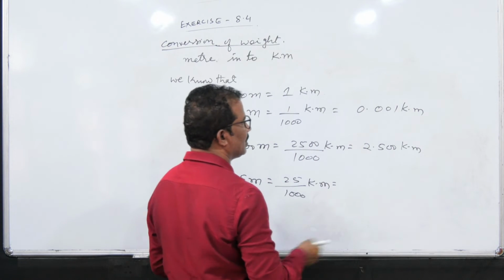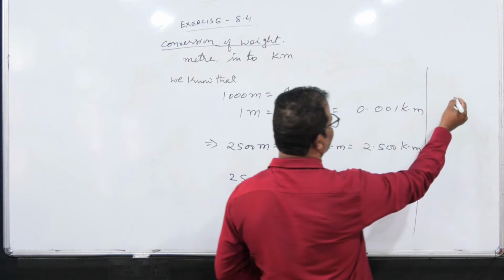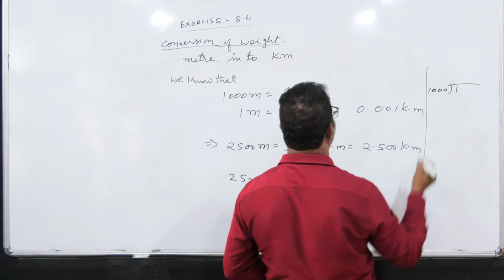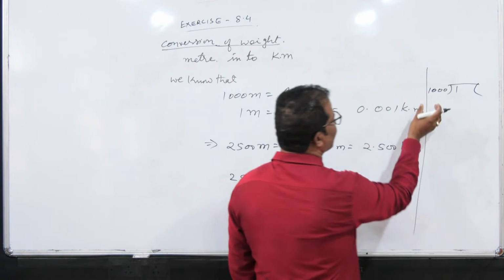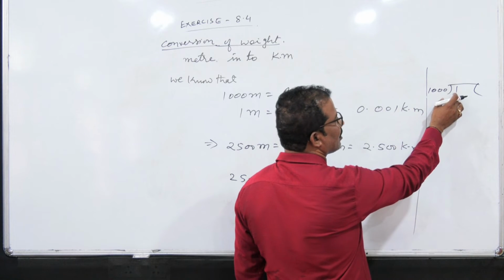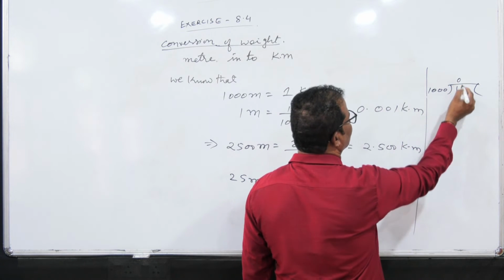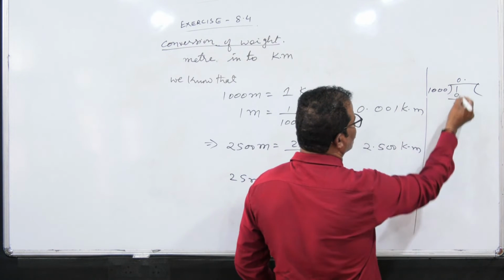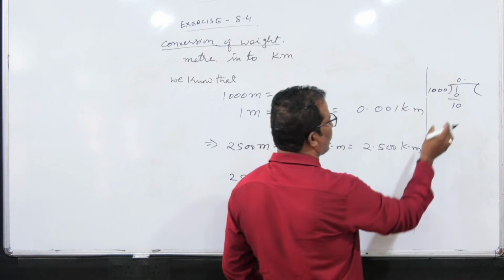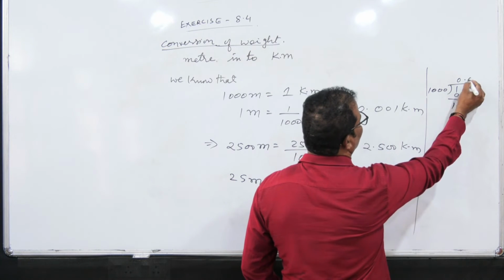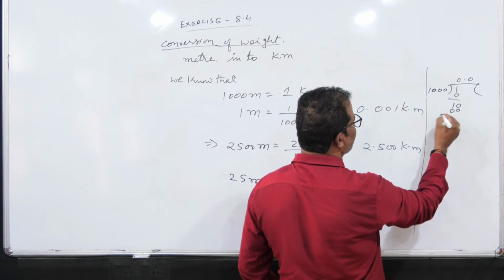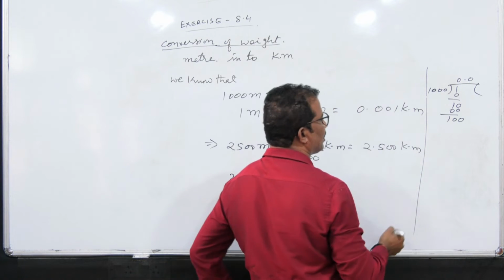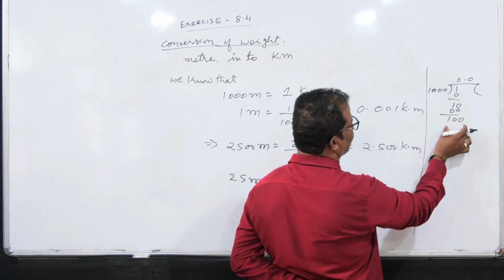0.001 kilometer. How is it? You see, in the last classes also we have seen the division of 1 by 1000. Again we can see here, it is a 3 digit number, but here only 1 digit is there. So we can do by 0 times. So 1 again we got, and put a point here. For this point we can add one more 0 here, but it is still smaller than this. So we can do again by 0 times. Again 10 is there. For this point one more 0 we put here. Now it is 100, but again it is smaller than 1000.